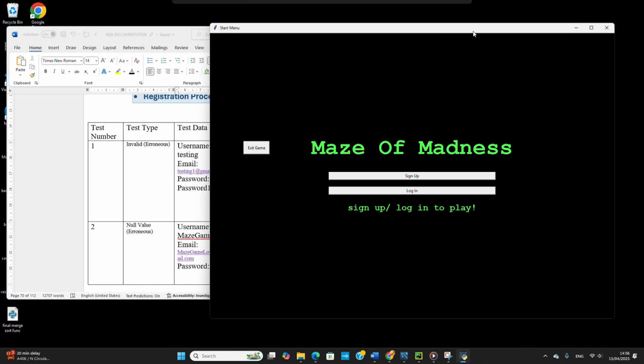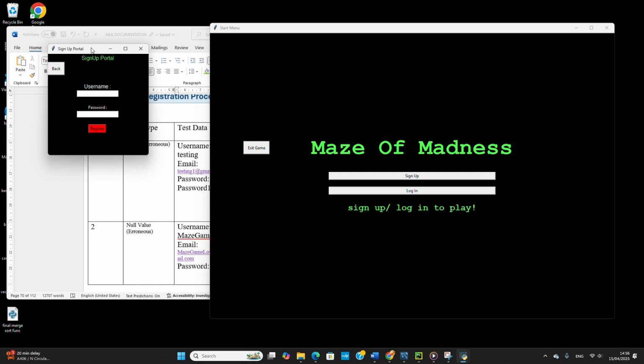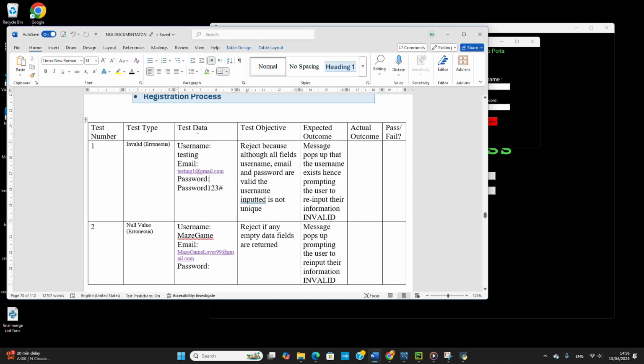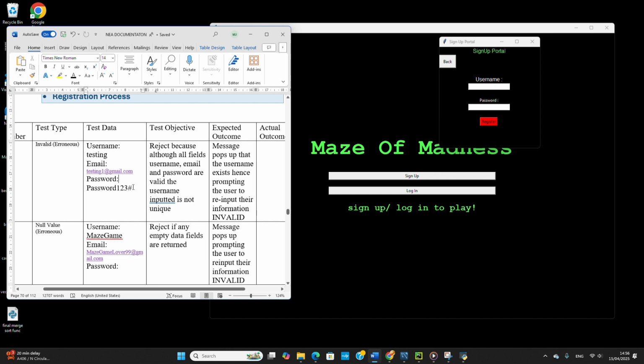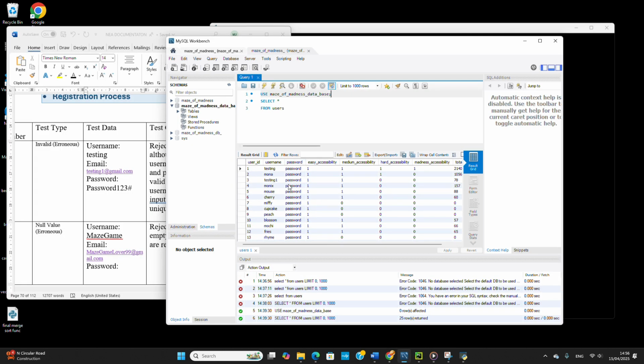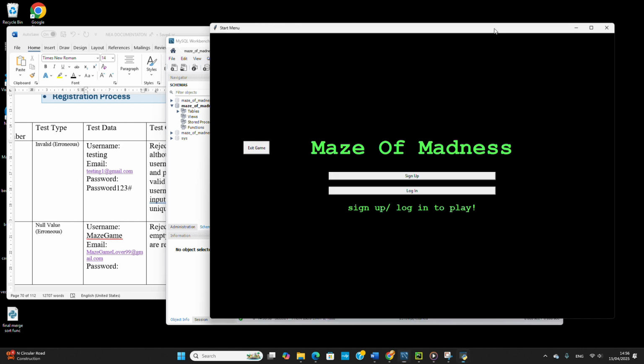So if I go ahead and press sign up, there are 8 tests that I will be implementing within this video, starting with the first one. The aim of the first test is to ensure that there are no duplicate usernames within the database. Currently within the database, there is a user with the username testing, and the test data I have defined also contains testing. So let me go ahead and sign up